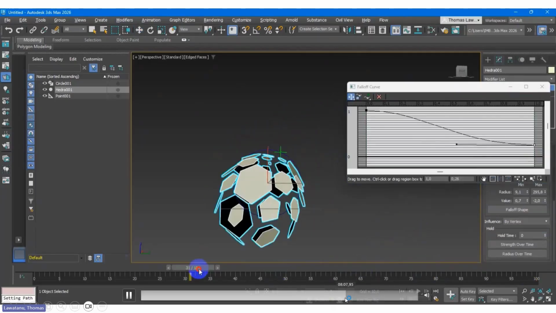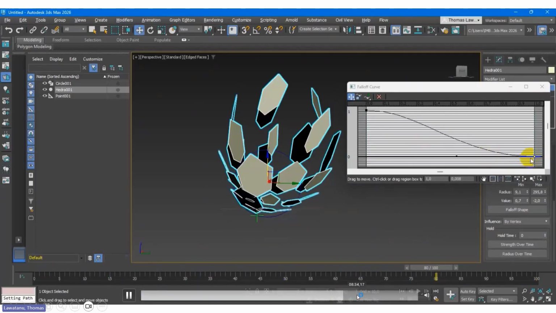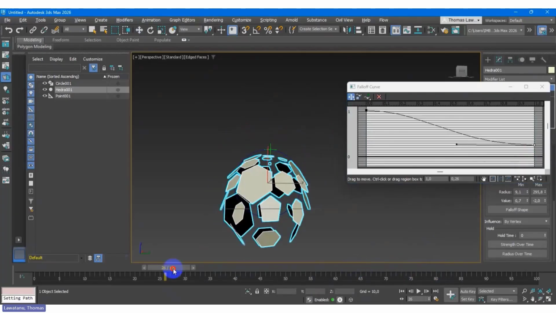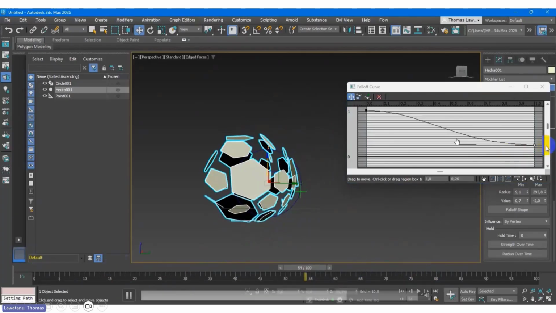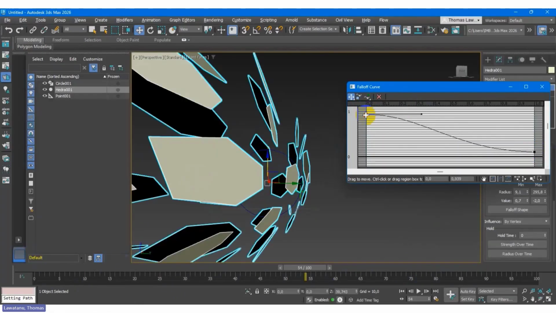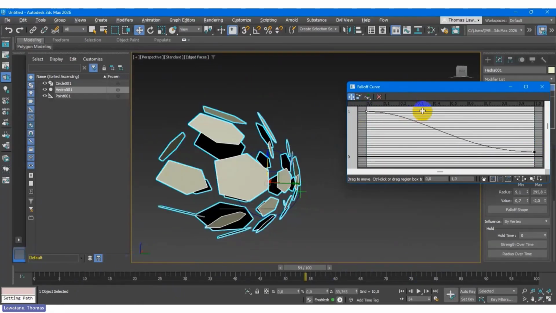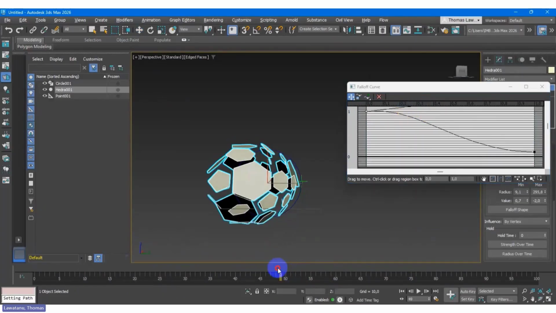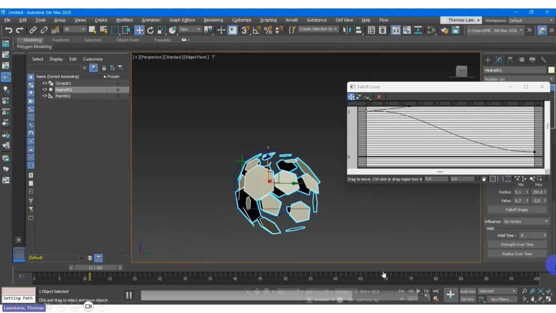Okay, so let's say I want to change the falloff curve. It's possible to see it more graphically. You can change it graphically, but again we need to be careful. Too many adjustments sometimes make your object more squished.